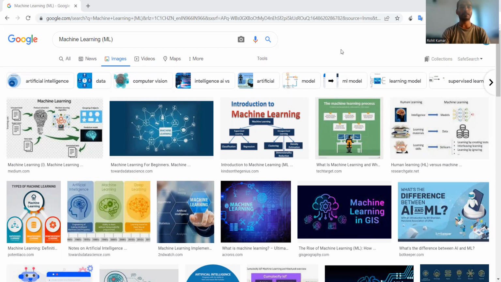Additionally, you need to guide the ML algorithms, but DL algorithms are self-guided. So obviously they need a lot more data because they want to self-train. In this way, ML and DL are quite different and both are part of AI. Now coming to our today's topic of discussion, which is ML.